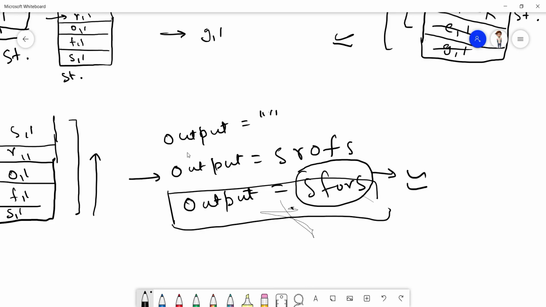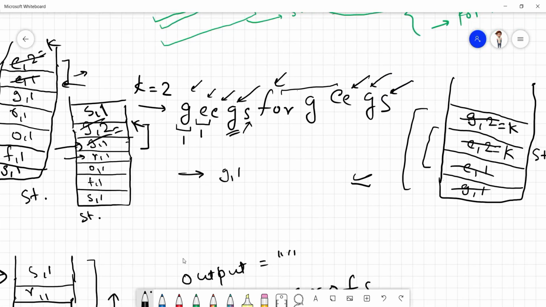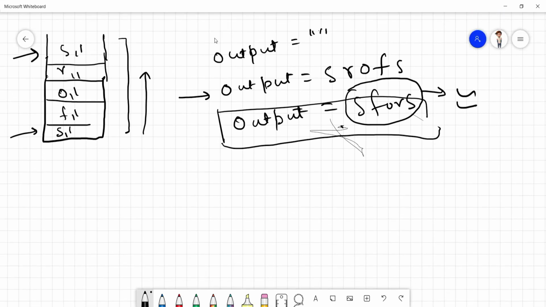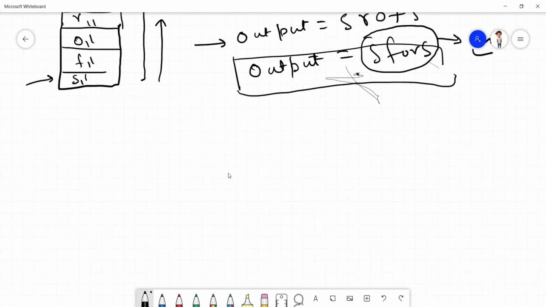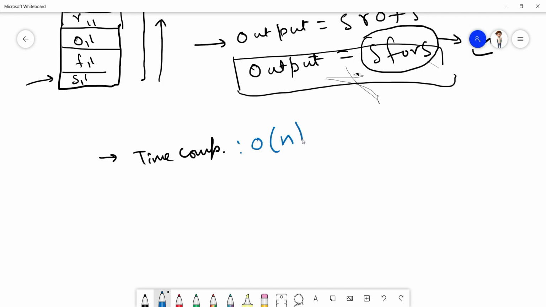So let me calculate the time complexity for this. What we are doing, we are traversing each element only once. Each element has been traversed only once, so the time complexity should be O(n).